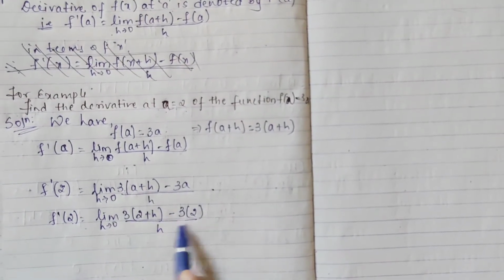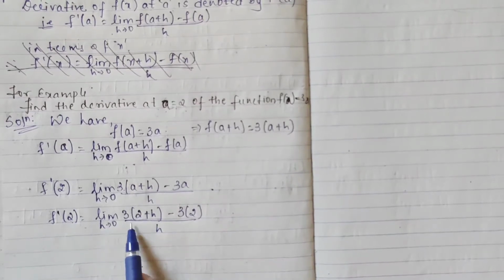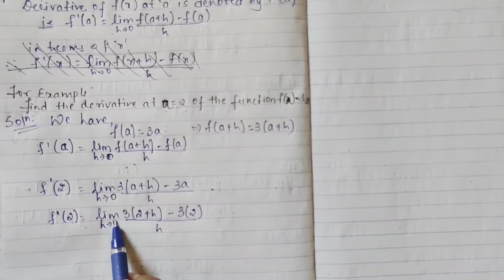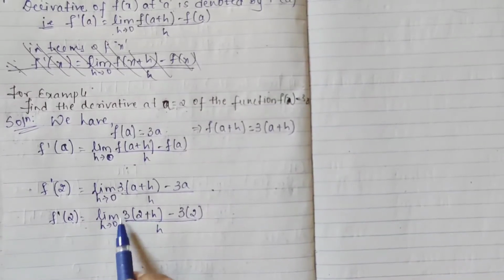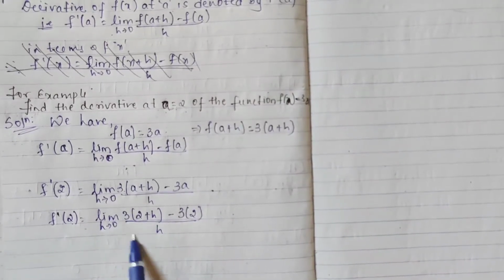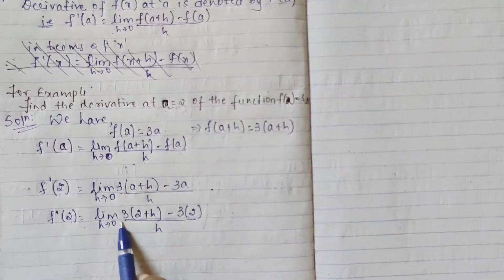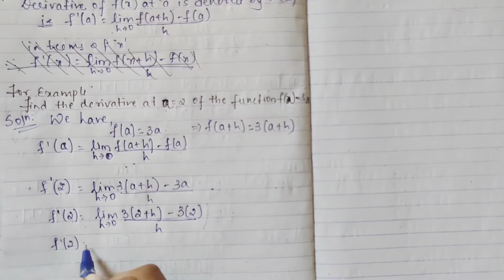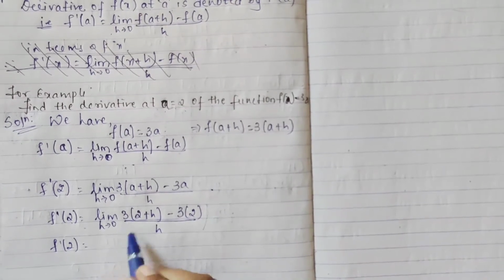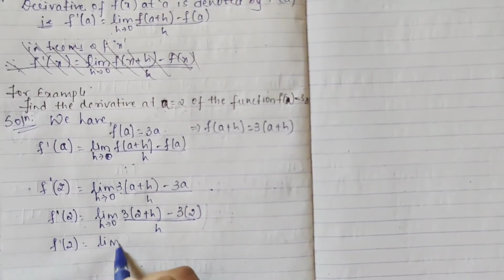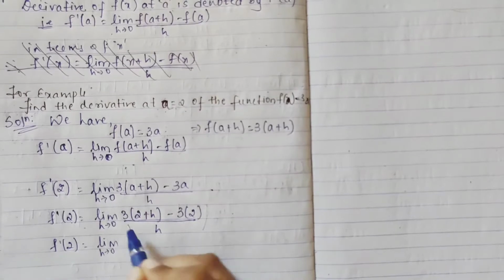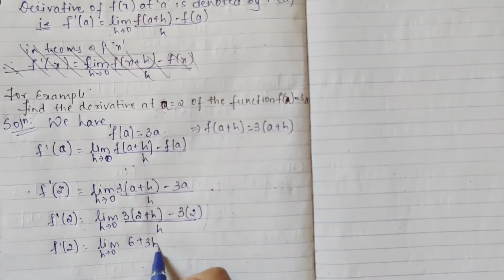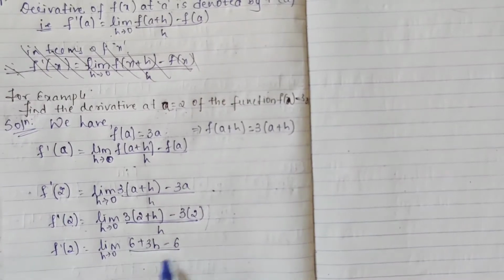See, division will be here, okay? Don't take for limit. It is just for the number. If you take here, it seems to be limit is applied only for numerator, not for denominator, but limit is applied for this whole part. So, your line should be up to just the number, f dash of 2. So, you can multiply. So, what you will get, limit as your h tending to 0, 3 2s are 6 plus 3h minus 3 2s are 6, whole divided by h.